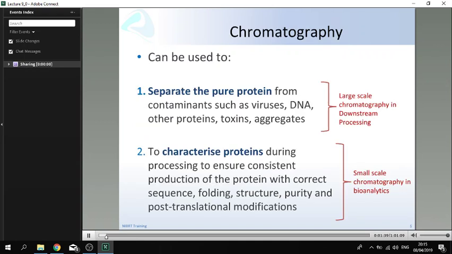So chromatography in general can be used on large scale and small scale as well. So we are using chromatography in manufacturing for purification. The main aim of chromatography on the manufacturing scale is to purify our molecule of interest. So we use different modes of chromatography in order to remove things that we are not interested in. So things like other proteins that are coming from host cells, toxins, aggregates, viruses, DNA, so anything that we don't